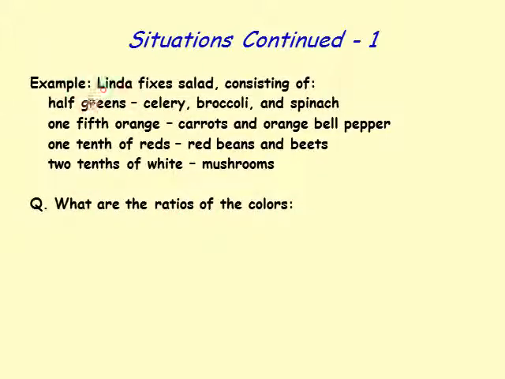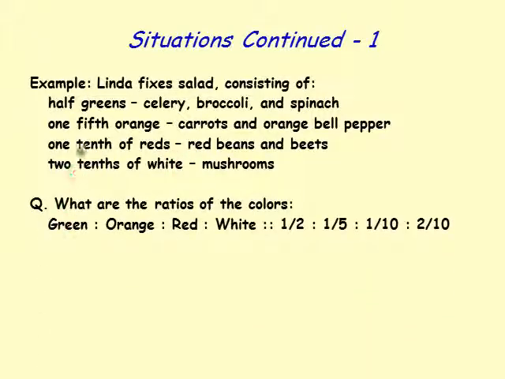We get half greens, 1/5 orange, 1/10 reds, and 2/10 white. So the ratio is green to orange to red to white, which is green is half, that's a half here, orange is 1/5, that's 1/5 here, red is 1/10, that's 1/10 here, and white is 2/10, that's 2/10 here. Okay? Now we're going to